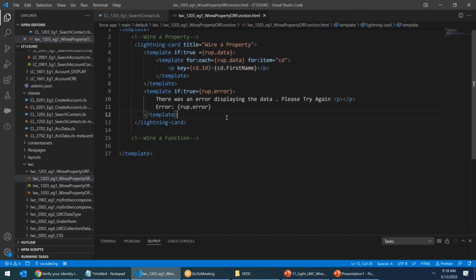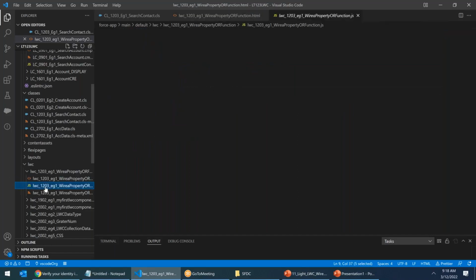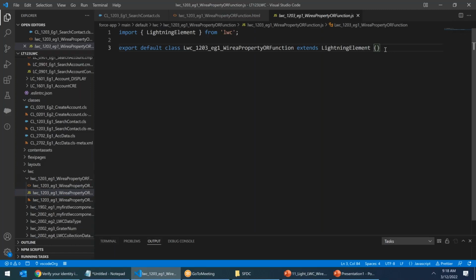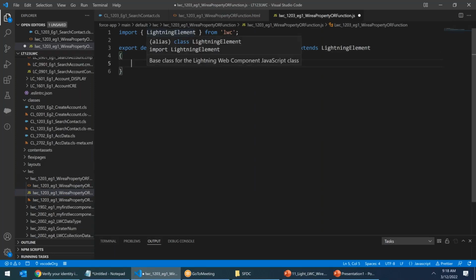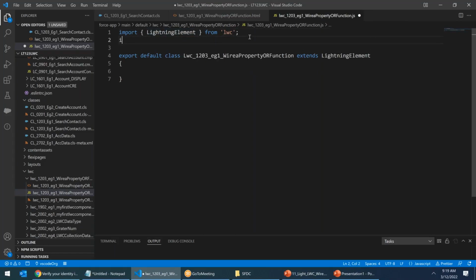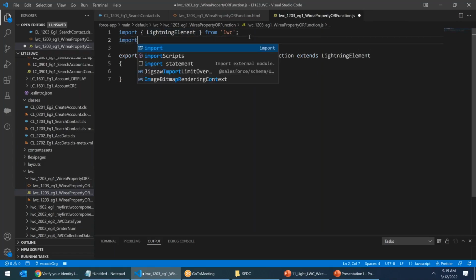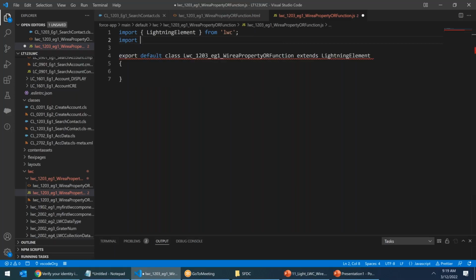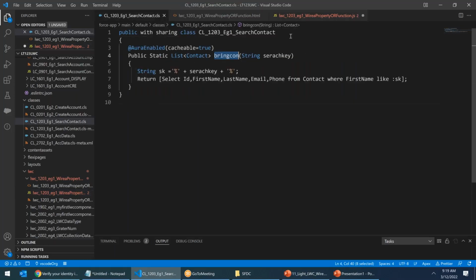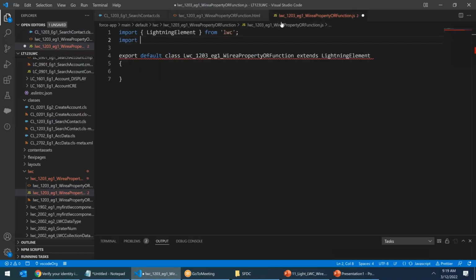Control S on the keyboard. Remember that root.data, root.error. Now I come here to my Lightning web component ES module. I come to my JavaScript. First step, import. Import what? Import the method name. What is that? Bring con. Import bring con. From where? From